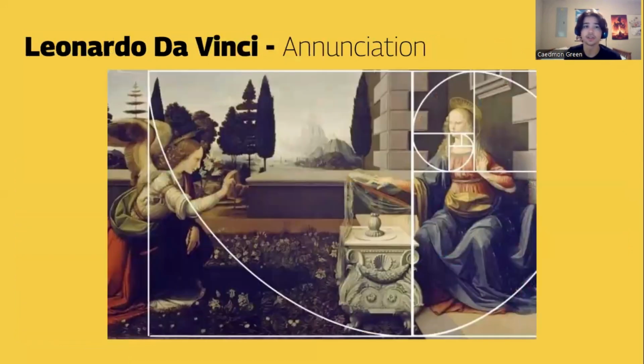This is Leonardo da Vinci. He loved the golden ratio. He was all about it. He thought it was super cool. But here's one piece by him, and we can see that he's using the left-hand side of the spiral to have this one angel lady over here on the left, and it guides your eye over to the right, and we can see this other angel lady in the center of the spiral, her face and her upper body. We can also see that this first bisection that you would make in the whole rectangle,